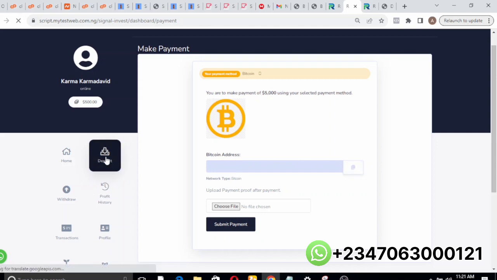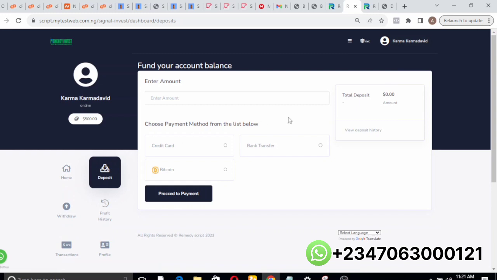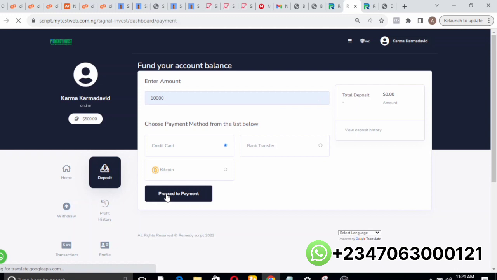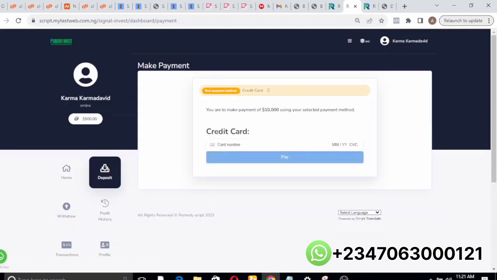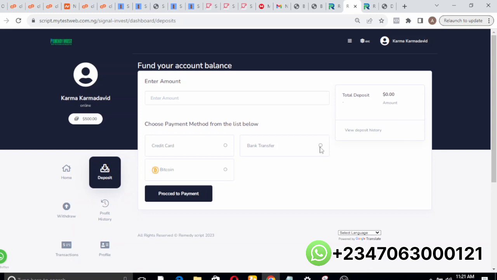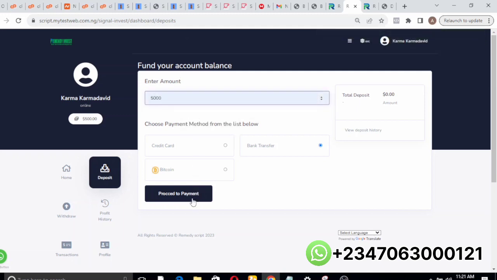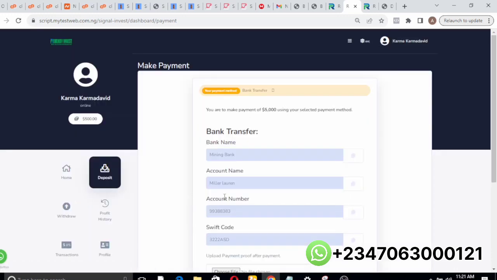Okay, so let's say you also want to deposit with another deposit feature like the credit card. Let's say you want to deposit like $10,000 with your credit card. When you click on proceed to payment, you'll be taken to a section where you put in your credit card information. Same goes for, let's say you want to deposit with a bank transfer, like $5,000. When you click on proceed to payment, you'll be taken to a section